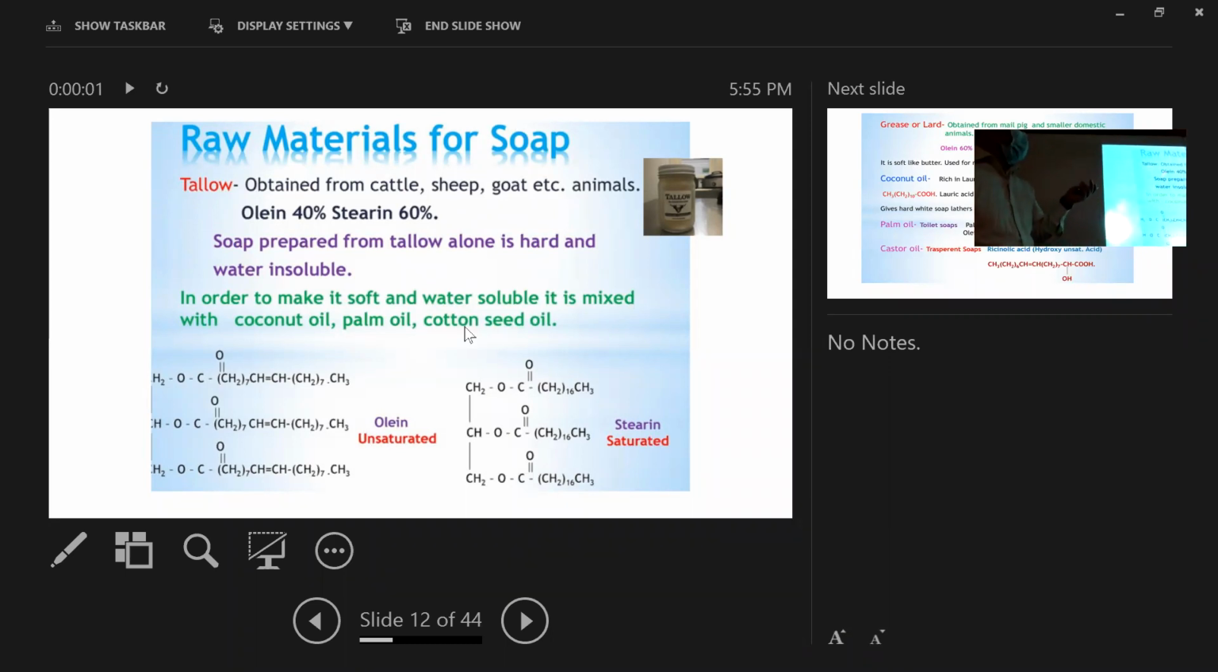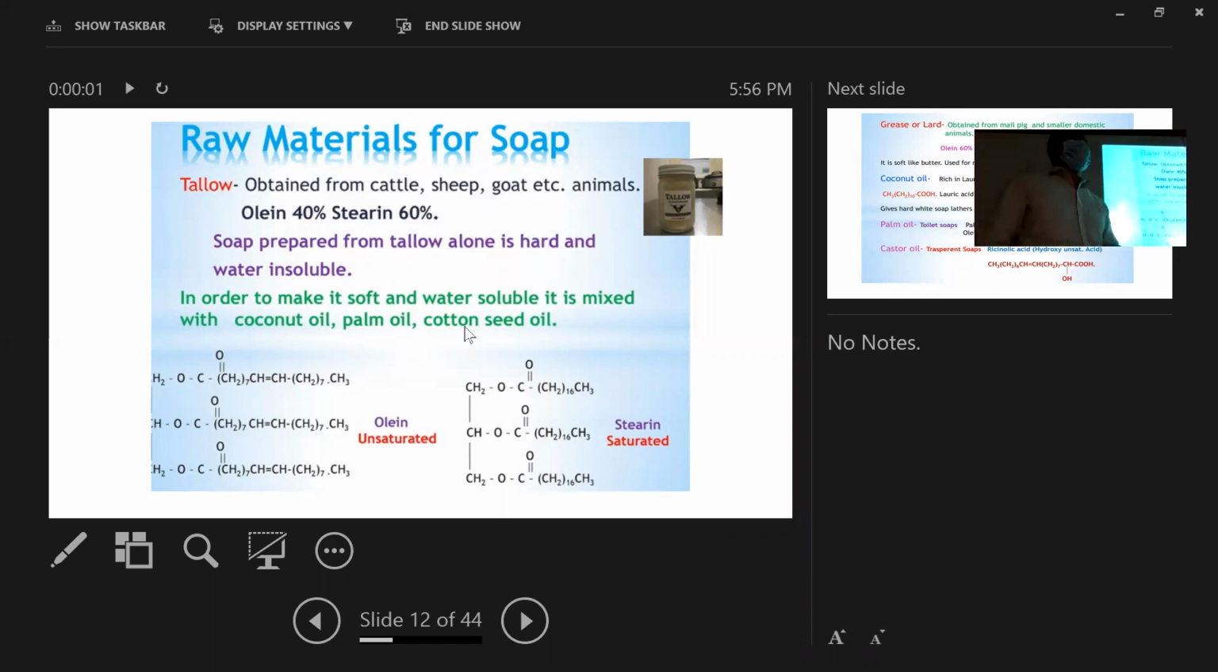Yeah. So already I have mentioned from where we can get it. In order to make it soft and water soluble, it is mixed with coconut oil. But in that case, that soap becomes a little bit expensive. Normally nowadays the coconut oil is quite expensive. So if you have some soap which is very hard, and normally it does not dissolve with water because the